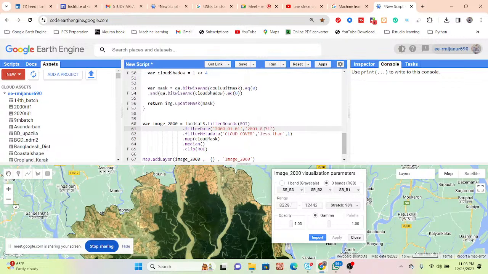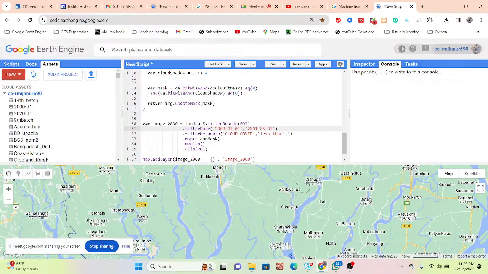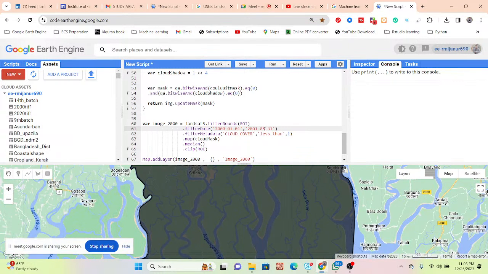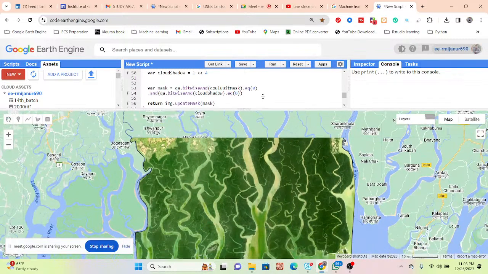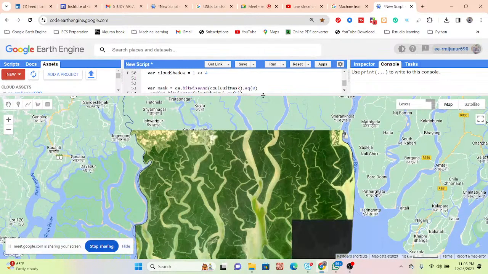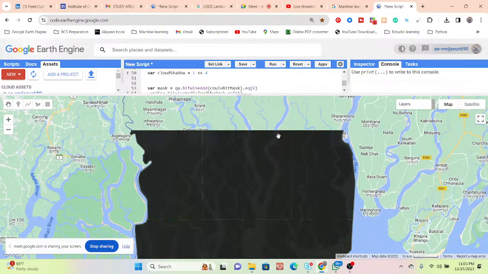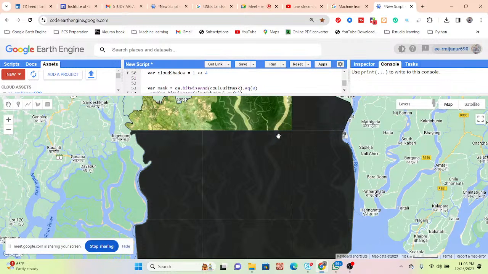Suppose I let's simply say 6. Let's say 6. Yeah. Or 5. Suppose I put here 5. Then go to the map, so now it also increases the image collection, and this type of tile lines will be totally removed, and we can get a very good image.